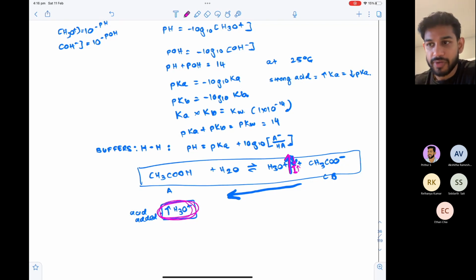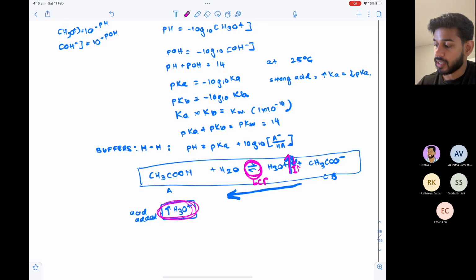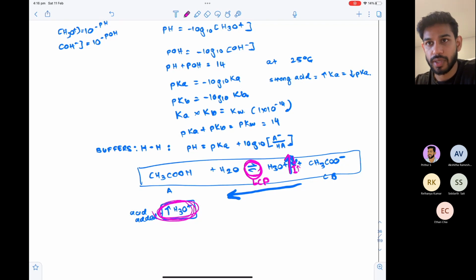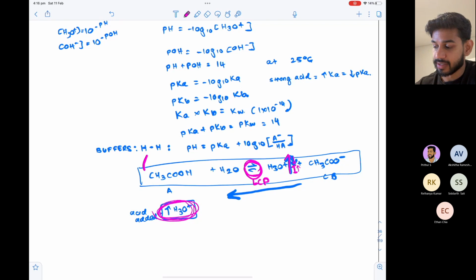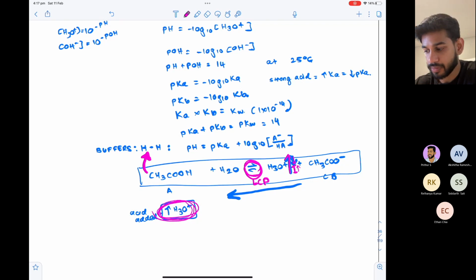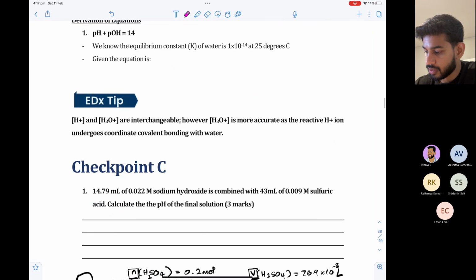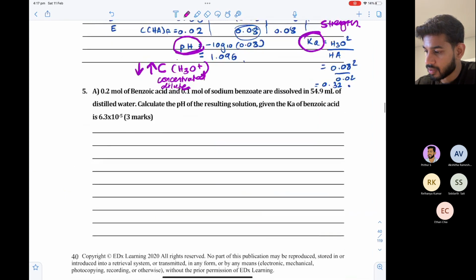So essentially, buffers are just any acid-base solution which forms an equilibrium, because then it's going to obey Le Chatelier's principle and resist changes from hydronium ions being added. This is how you remember it: if you ever see a weak acid or a weak conjugate base, you should also think of the Henderson-Hasselbalch equation. This is an equation that's almost exclusively used for buffer questions. And on that note, first question is